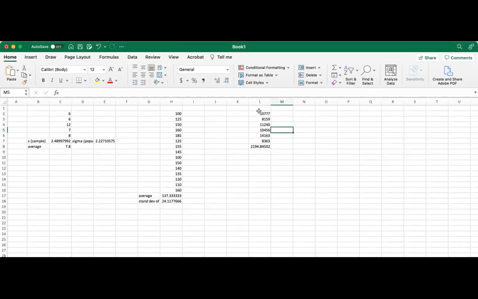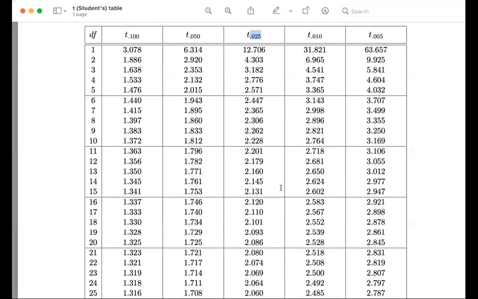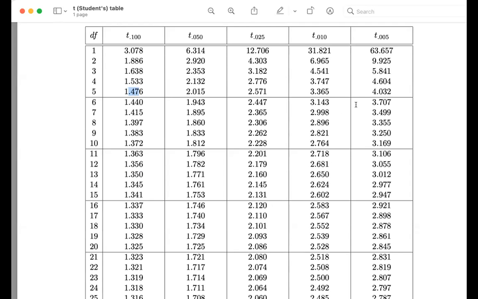So if you type them in and you hit the standard deviation of the sample, we get the specific number. So the degrees of freedom are 5, and our value is